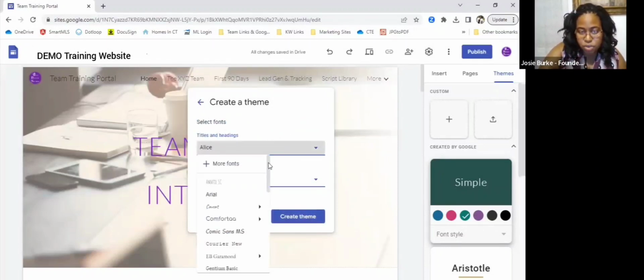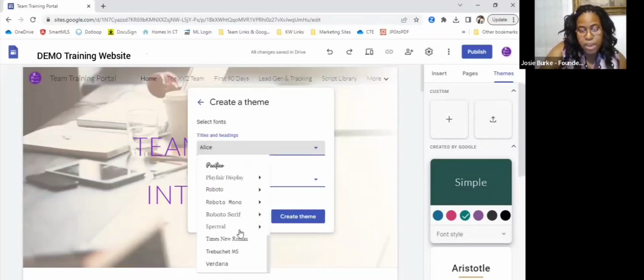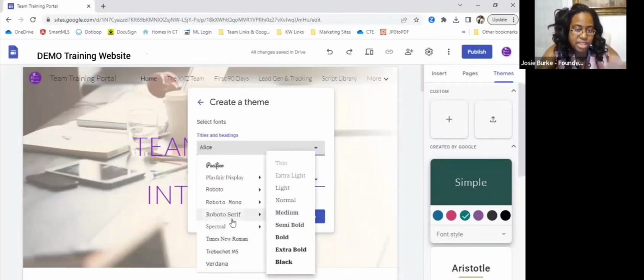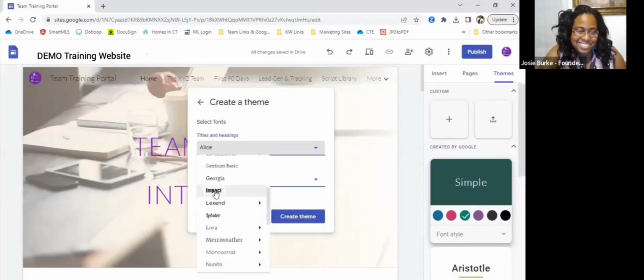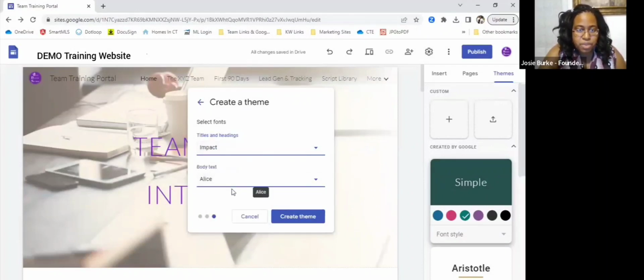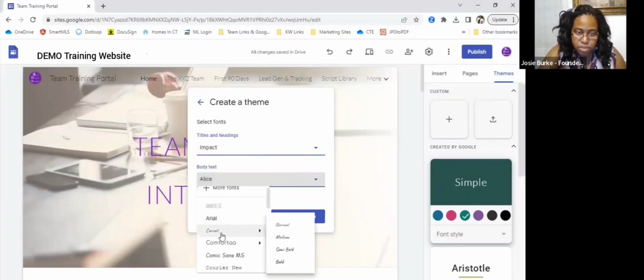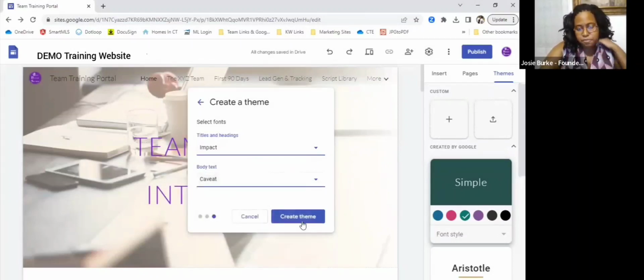And it's giving you the different text options. So you have some options, don't get me wrong, there's not like just 10, right? But there's not a ton. So if you wanted to select, let's say we do impact for titles and headings, and for body, let's go with, I don't know, caveat, let's just say. And if I wanted to create the theme,